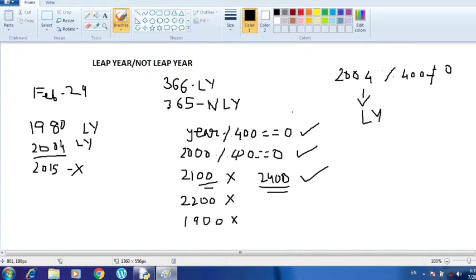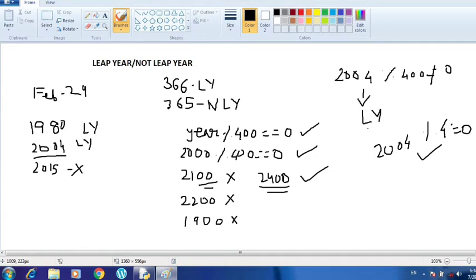The next condition which I am going to check is whether the particular year is divisible by 4. If 2004 is successfully divisible by 4, then it is said to be a leap year. But it need not be a multiple of 100. It means it should not be a century year.